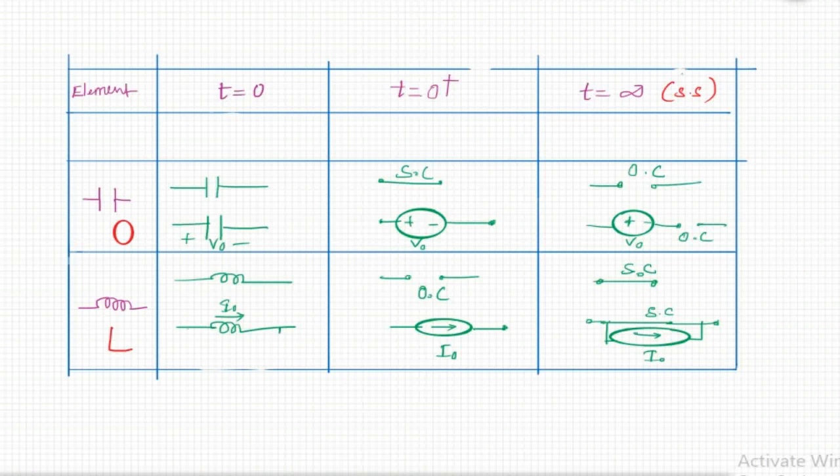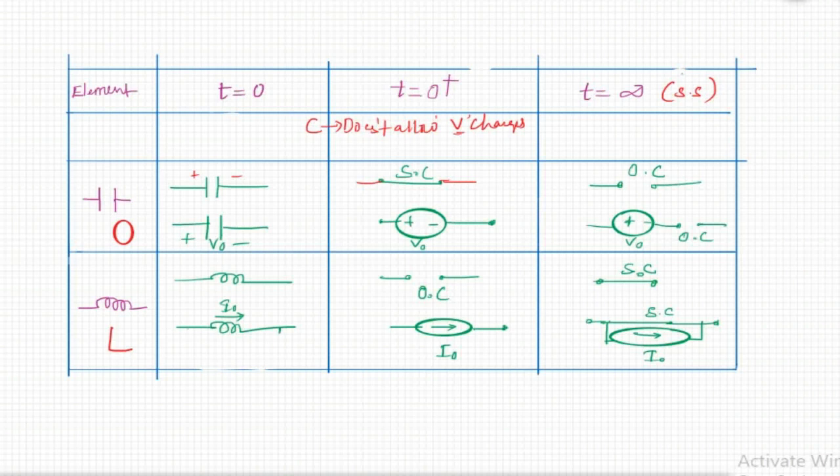Let us assume earlier there is no voltage across this capacitor at t equal to 0, and we are going to see the behavior of this capacitor just after t equal to 0 plus. That means we are going to turn on a voltage source onto this capacitor and see what its status is. Just after t equal to 0 plus, the capacitor doesn't allow sudden changes in voltage, so it will behave as a short circuit.